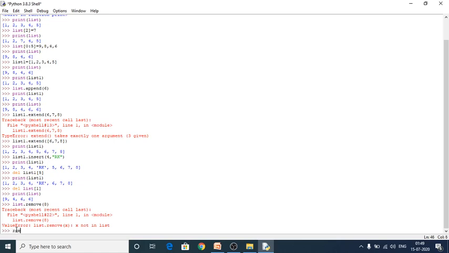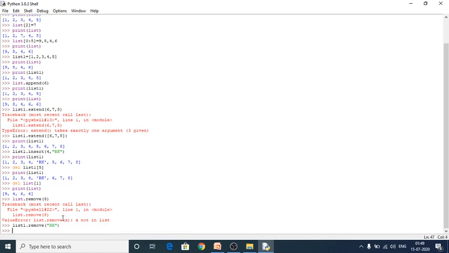some error occurred in that. List1 dot remove, within the bracket what I give, RK, this one I want to delete. So yes, there is no error.